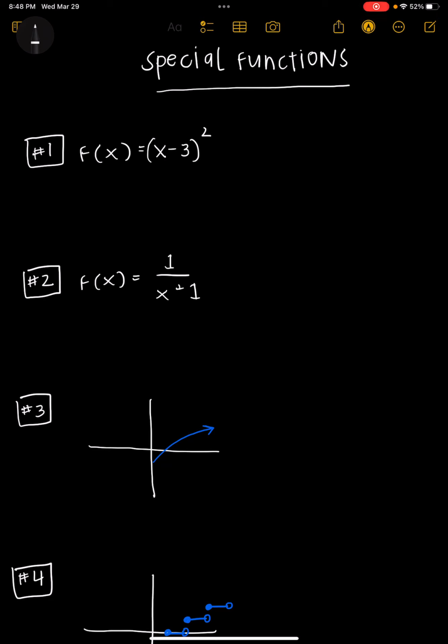Hi everyone. Today we're going to start a new lesson on transformations of functions, but before we can start transforming functions, we need to learn about all of the different functions that we have and that we can transform. And these are called special functions. What's special about them is that they can transform and they take on specific shapes based on